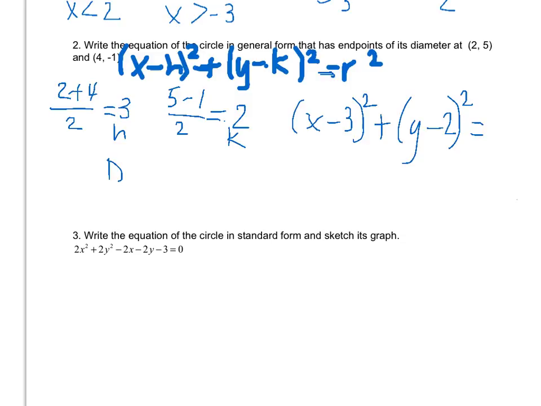The distance formula is the square root, and you guys have all had this, of the difference in the x's, which is 2 minus 3, which is negative 1, and I'm going to square that. And then you're going to add the difference in the y coordinates. Now remember, I'm using one of the endpoints and the center. So that would be 5 minus a negative 1, which is 6, and you're going to square that, which gives you,